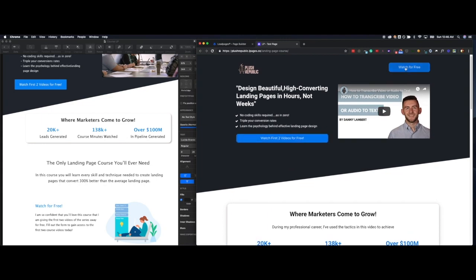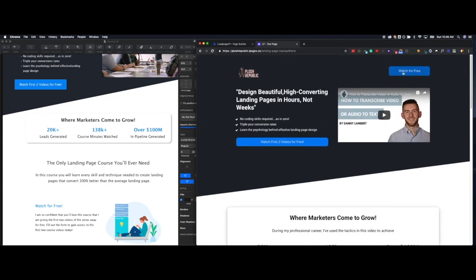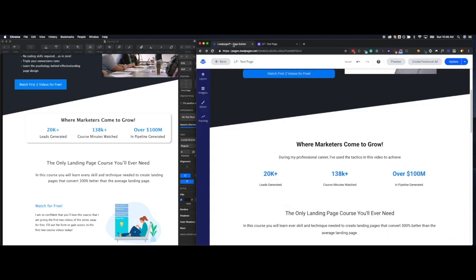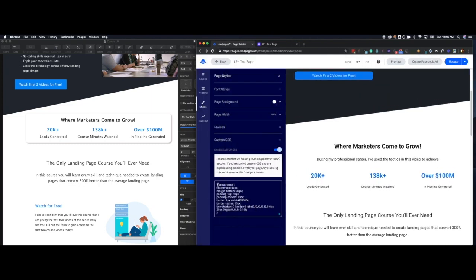The other thing that I want to add is if I click this watch for free, that's a very abrupt scrolling motion. So there is one other little line of code that I'd like to add. Again, all of this is completely optional. I come in here and I put an asterisk. And in CSS, an asterisk means select the whole page, everything that the page contains,